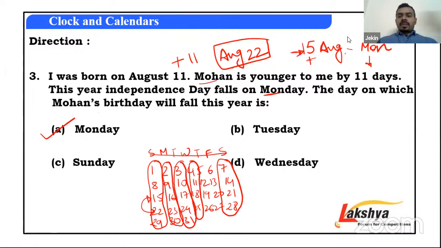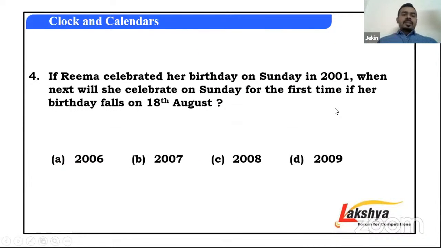Okay. All right. Moving on to the next sum. All right, so this is the next sum. What the sum says: if Rima celebrated her birthday on a Sunday in 2001, when will she celebrate on Sunday for the first time if her birthday falls on 18th August? Doesn't matter whenever her birthday falls on. All right, what matters is